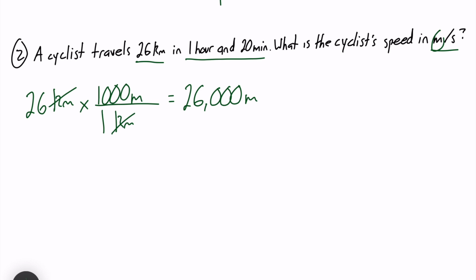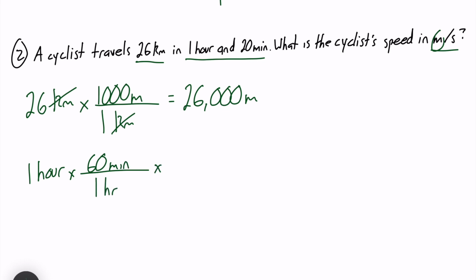Let's move on to our time. So a couple things. We have 1 hour and 20 minutes. So I am first going to do the hour, and I will convert that into seconds here. So we have just 1 hour, and we'll use the time sign line strategy. And first off, if you want to go from hours to minutes, you will have 60 minutes on top, 1